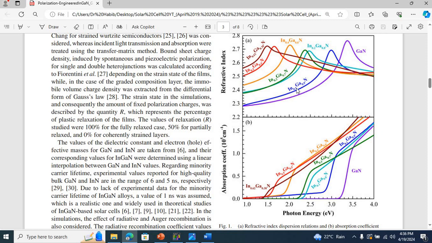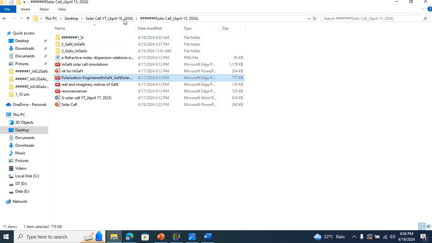As you can see, we have indium 0.1 gallium nitride and indium 0.2 gallium nitride, 0.3, 0.4, 0.5, 0.62, etc. And I was working on two structures, indium 0.2 gallium nitride and indium 0.3 gallium nitride. So we have the refractive index versus photon energy and the absorption coefficient versus photon energy information for these films. Excuse me. And what I did is that,